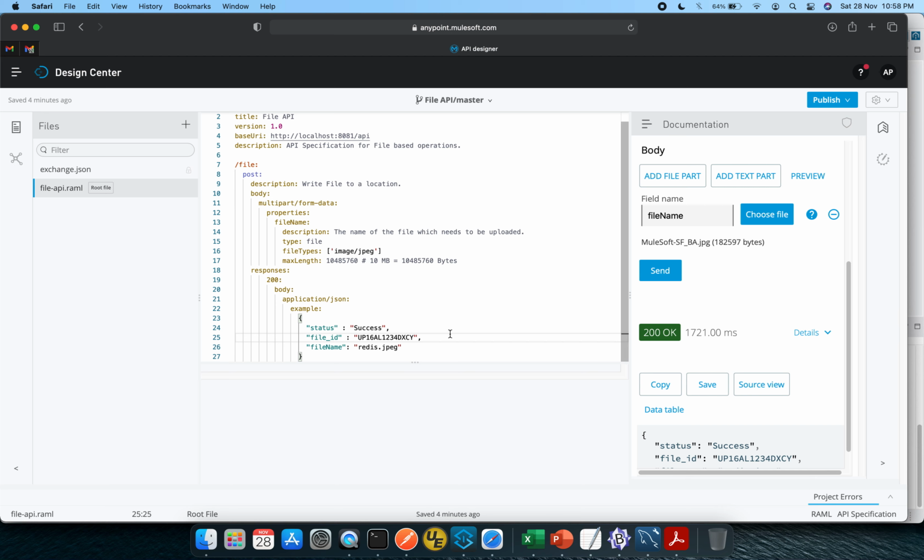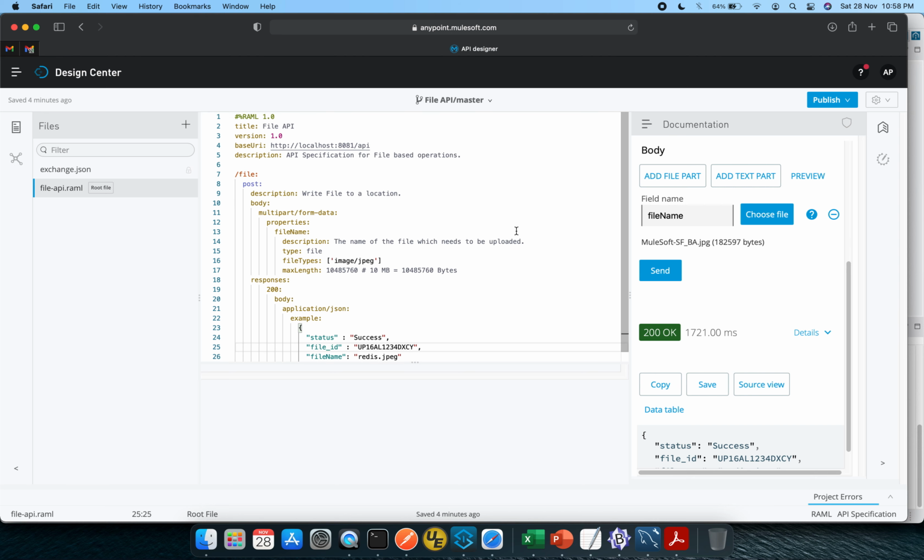Let's see how it responds. Let's first go through this piece of RAML, then we will go through the mocking, and we'll switch over to Anypoint Studio as well. It starts with the basics of RAML, and if you want to understand more about how we can code in RAML 1.0, I would recommend going to some of my previous videos in which I discussed the different tags and how to write a basic RAML specification.